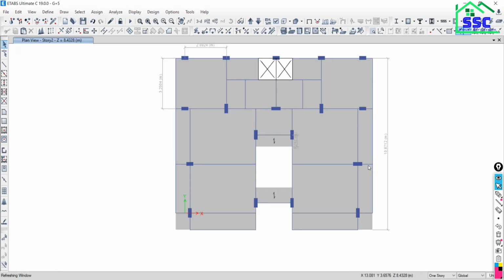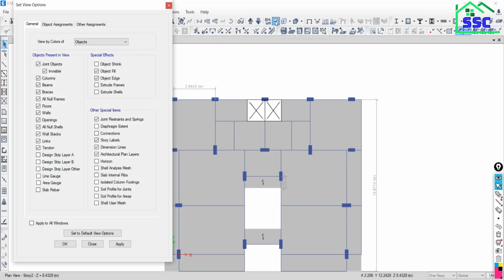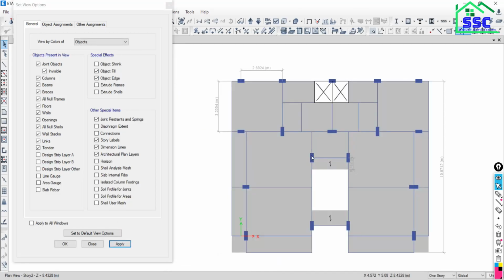Clear, sir. Okay, and see, this will be permanently available here. Now if you want to keep it out of view, just go to set display option and keep dimension lines off. Uncheck this and say apply. So this will not be in view. Again when you click over this option, this will be available here. Is that clear? Clear, sir. Okay, so here we don't want to see, just uncheck this box, say apply, so this will be removed.